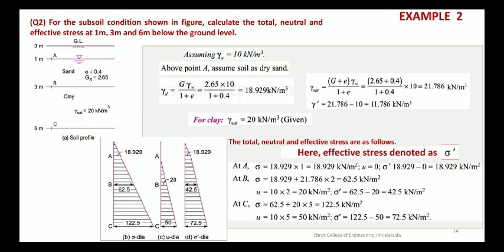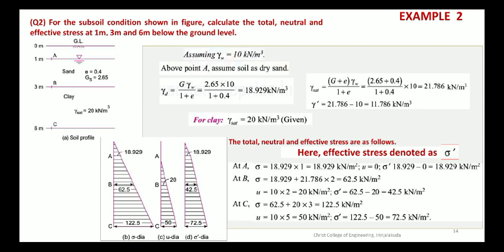So just see the figure. The ground level is marked as 0 meters, and the depth of each layer, like A, B, C, 3 layers are considered at depth 1 meter, 3 meter and 6 meter. So they have told the layer from 1 to 3 meter is fully sand, and some particulars are given, like e value is 0.4 and Gs is 2.65. Only that is mentioned. They haven't given the gamma value of that layer. Unit weight is not given.